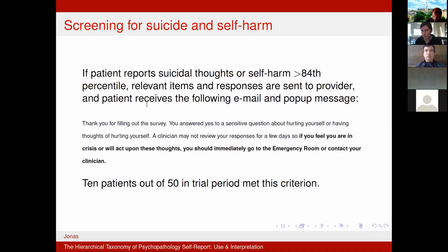In only one case was the risk deemed to be of a level that providers felt it was important to do something. There are a number of things you can do. One would be to do nothing and follow up at intake with specific questions about suicide and self-harm. At a higher level of risk, what we've done in our clinic is reschedule the intake appointment so that it occurs relatively soon after this is complete. See if we can bump the intake appointment